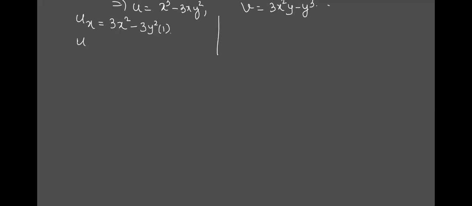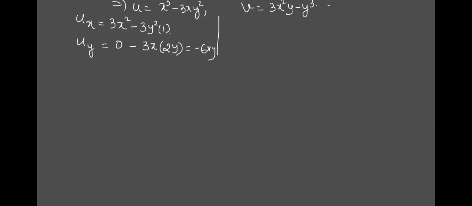Simple. Similarly, take the same u and do it with respect to y. Can you tell me the derivative of x cube with respect to y? 0. Why? Because we are doing it with respect to y, x is treated as constant. Minus. Now here, shall we apply the product rule or is it direct? It is direct. 3x is constant. What is the derivative of y square? 2y. Together it is nothing but minus 6xy.